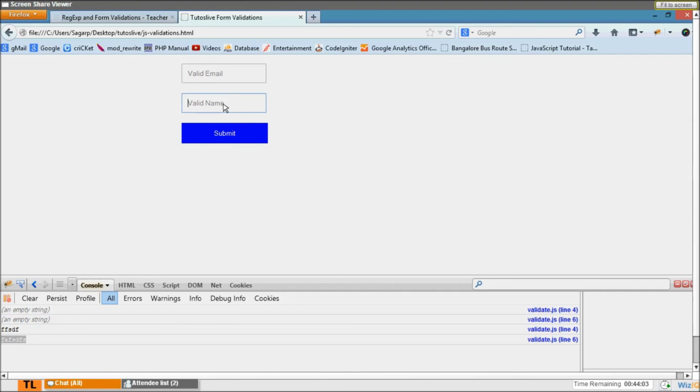This also can be done using regular expressions. Okay, fine. We'll do it with regular expressions. So I've decided that. So I'll stop sharing my screen for some time.